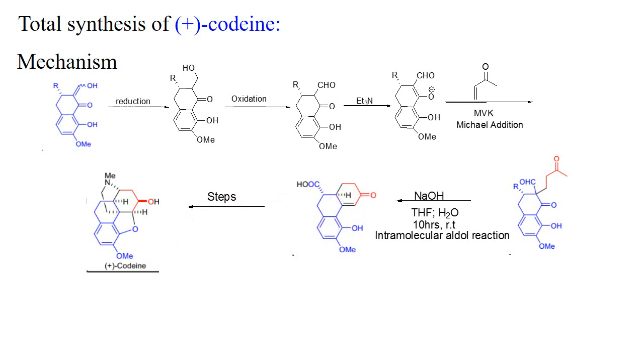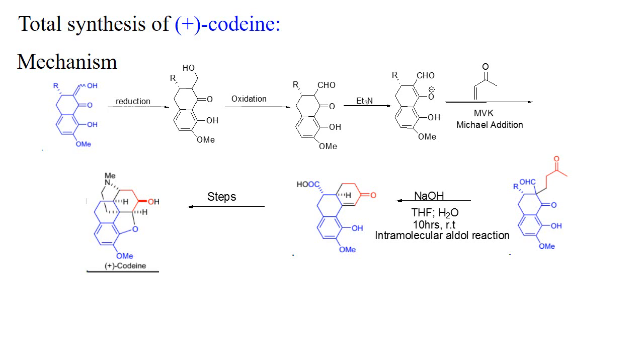This enolate upon reaction with methyl vinyl ketone undergoes the Michael addition step. This enolate adds to the beta carbon rather than the carbonyl carbon, and it gives us this type of 1,5-diketone product. See this one, this is a 1,5-diketone. 1, 2, 3, 4, 5. This 1,5-diketone is then treated with base.